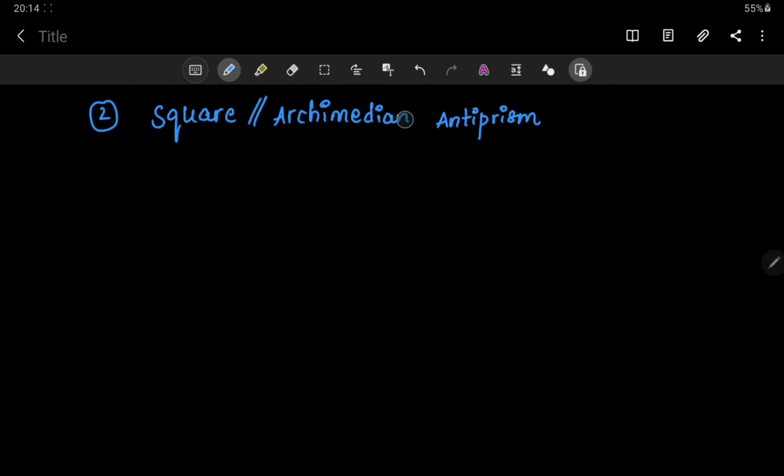Well, coming to the next geometry, square or an Archimedean antiprism. In this case, there are 2 square units that are staggered to one another. If the 2 square units are eclipsed to one another, that generates hexahedra or a cube. In this case, there are 2 units that are staggered. We have to join the 2 units. First, let's construct one square unit. Then I'll draw the second square unit that is staggered to it.